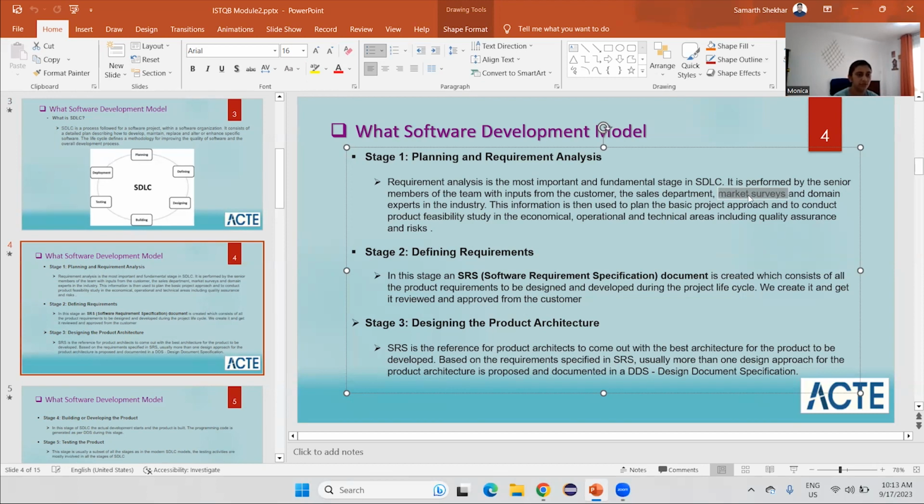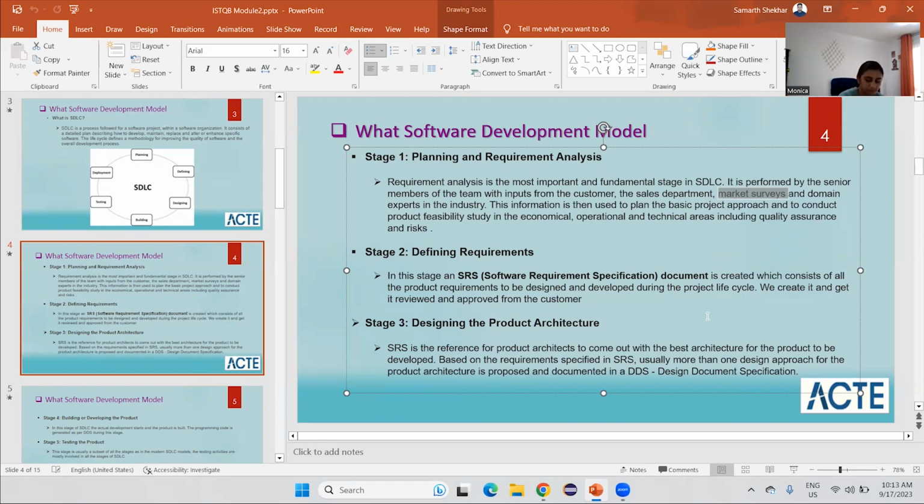So basically, these two market surveyors will keep an eye on the market to analyze and keep hold of customers. Then we have domain experts. Depending upon the customer's requirement, let's say the requirement is related to a banking domain, then we will have a banking expert from our side, an expert in the banking domain, who can easily understand the requirement